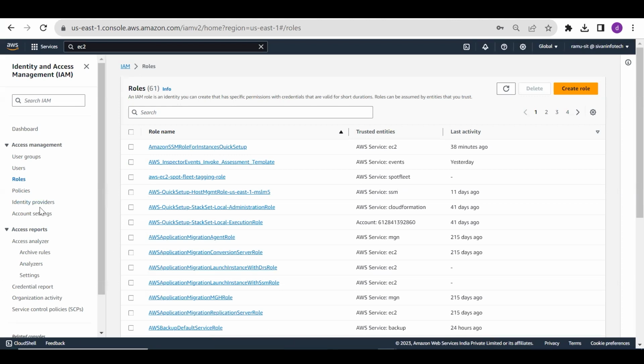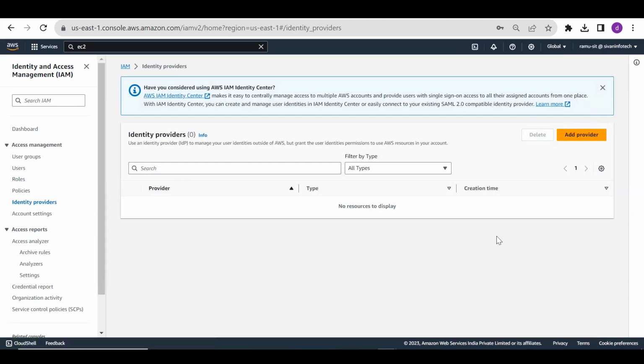Here, the policies and identity providers. What are identity providers? Identity providers are for connecting the Active Directory. In the Active Directory, a couple of users will be in the organization, and they will use Active Directory. All the members they want to track, they will keep in Active Directory, and for logging in to their site they will use the username and password. So if you add their Active Directory here,